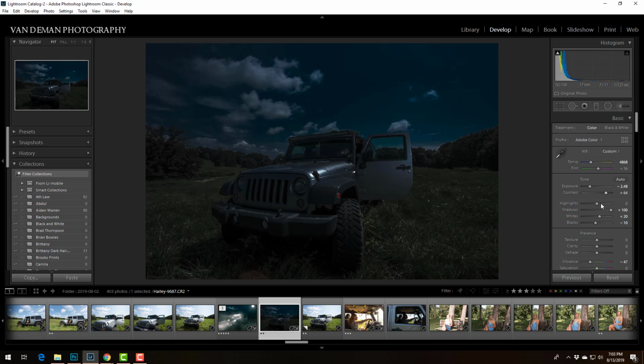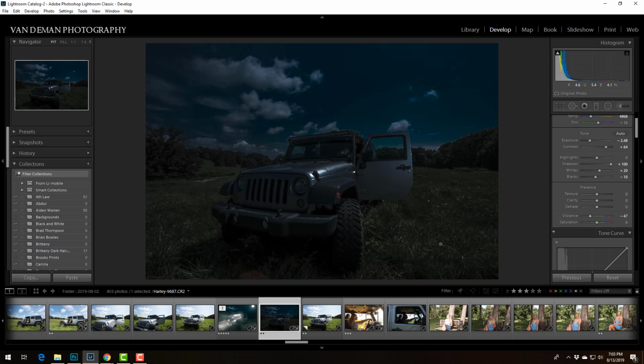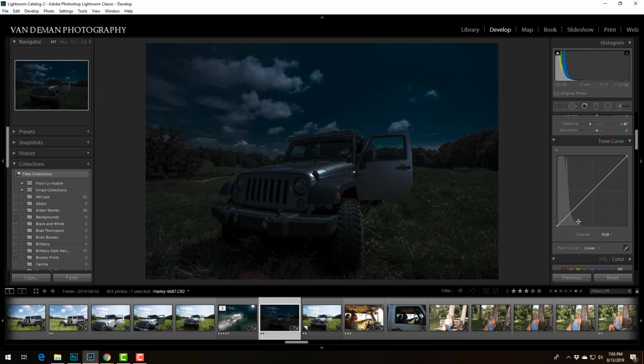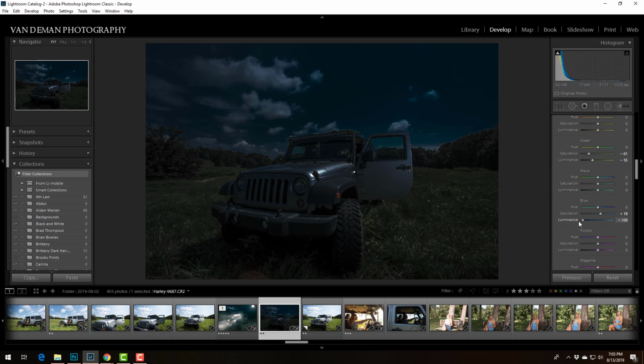Actually boosted up the contrast, highlights, and brought up shadows so you can see a little bit of what's going on in the grass. Took out the vibrance because I didn't want this to be saturated, and then again messed with the blue so that the sky tones would come down really nice and dark. So once I had that much done, I took this over into Photoshop